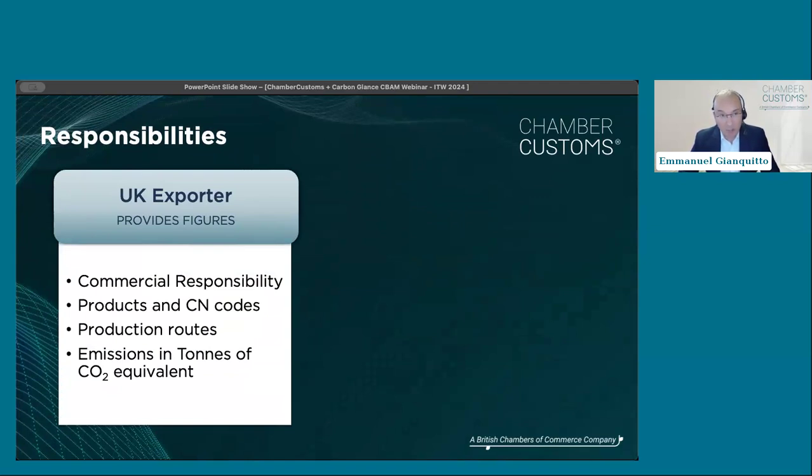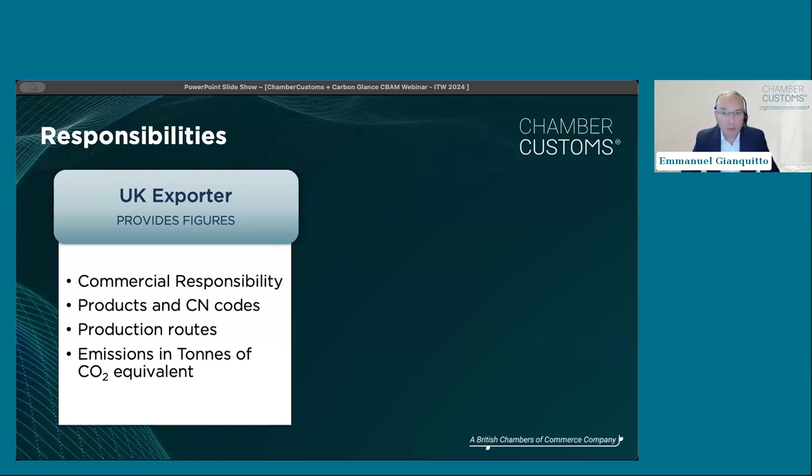Technically, a UK company is not under the jurisdiction of the European Union because we are a third country. So actually the regulation does not apply legally to a UK company, but it applies from a commercial point of view, because of course the UK company will need to provide the information to satisfy their clients in Europe.